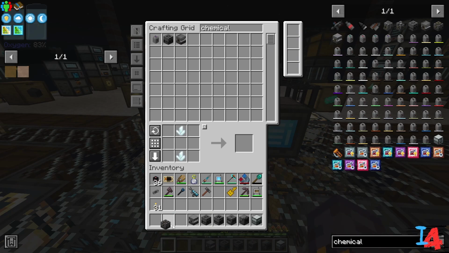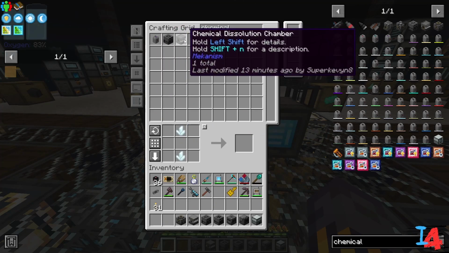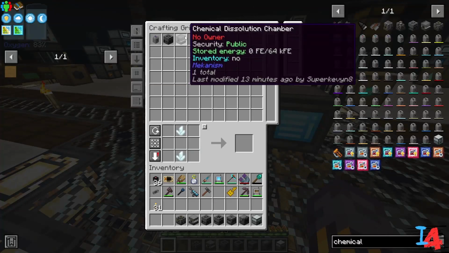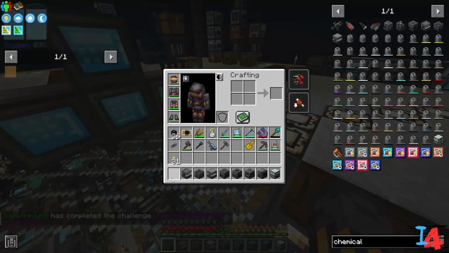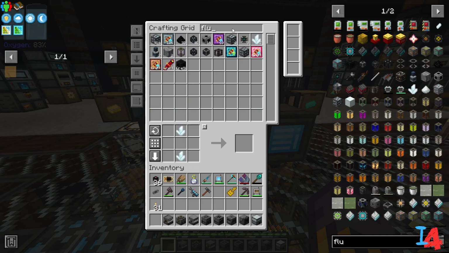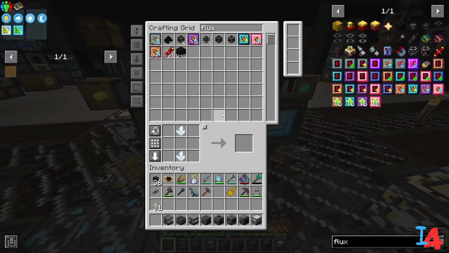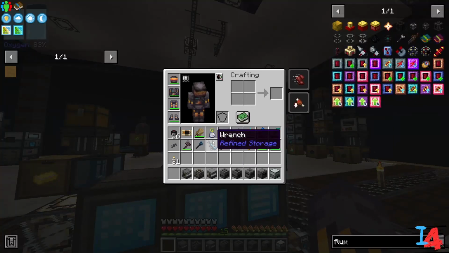Oh, come on. And last but not least, a chemical dissolution chamber. Not that. Oh, come on. I wish they would. I was kind of waiting before recording this, plus working on other stuff. And yeah, just to see if they could fix that, but they didn't. Alright, so we're gonna make a flux point. Oh, this is driving me nuts. Thank you. Alright, so